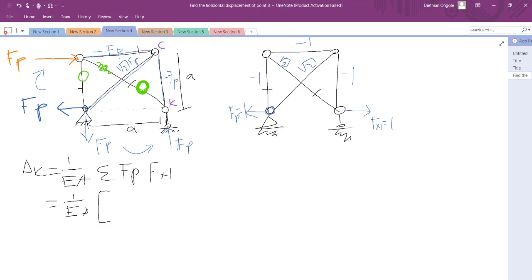Here we have our Fp as negative Fp, then times our Fn, which is equal to -1, then plus, we move on to the next. Say we take this one here, we have it as -Fp, then times our Fn is equal to -1, then plus this one here, the slanting one, we've got this as negative Fn,